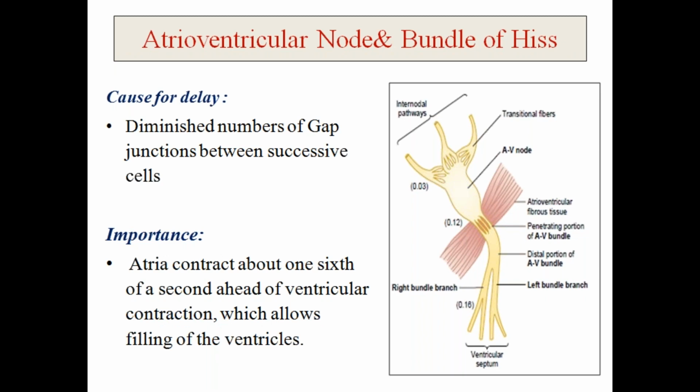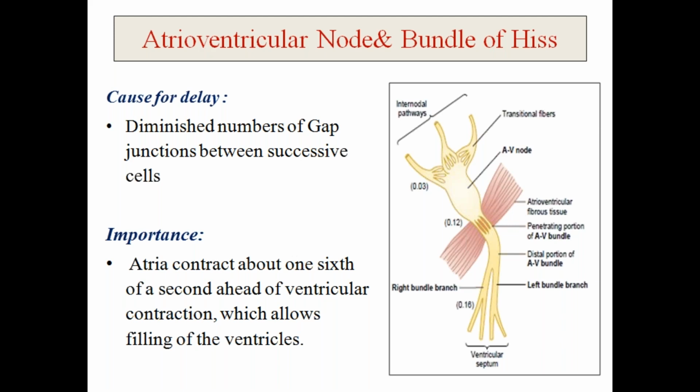Because if you see the speed of conduction in any segment of the heart, you will see that the speed of conduction in the Purkinje fiber is maximum, and the speed of conduction in the atrioventricular muscle is very less. The reason is that the speed of conduction depends upon the amount of gap junctions. More is the amount of gap junctions, more is the speed of conduction. Purkinje fibers have maximum speed of conduction because they have a very large number of gap junctions. AV or ventricular muscle have less speed of conduction because they have very few